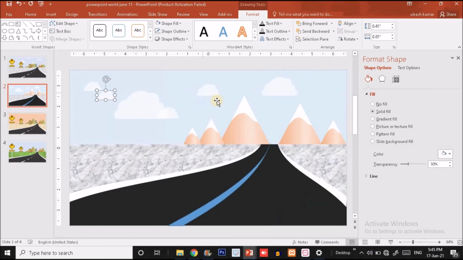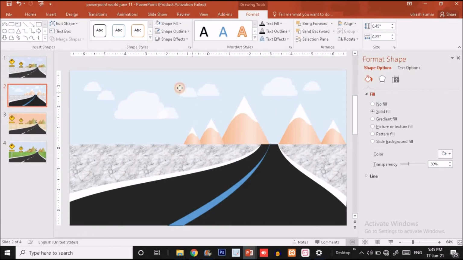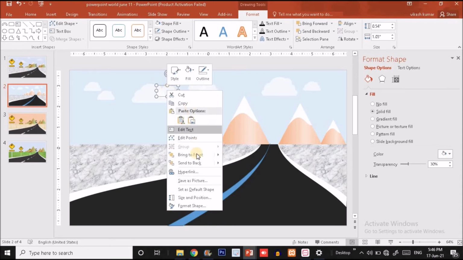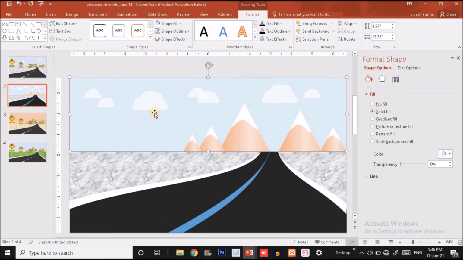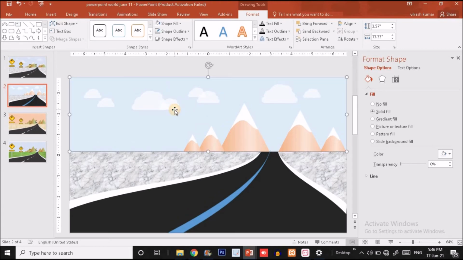Press Ctrl D, just behind this, press Ctrl D and put it just behind this. Press Ctrl D, and again you have to put it something here. Okay, press Ctrl Shift together, make it smaller, put it over here, and put this one back, send it to back. Sorry, you have to put it something here, guys. Okay, so this is how you can create a cloud effect, guys. This is so simple, so you can create it very easily.